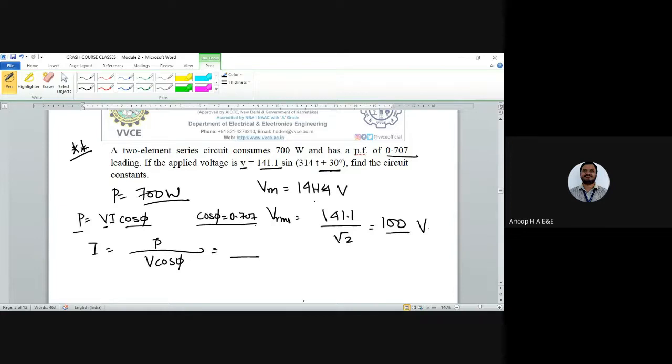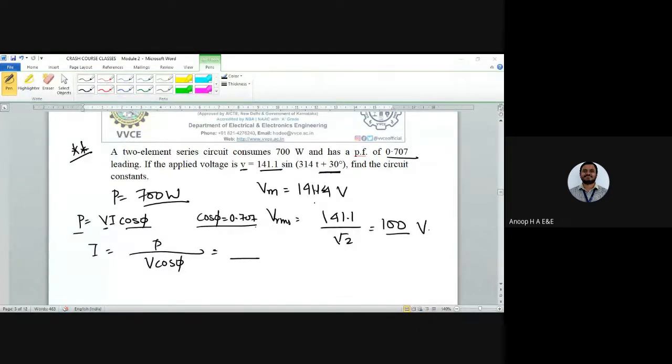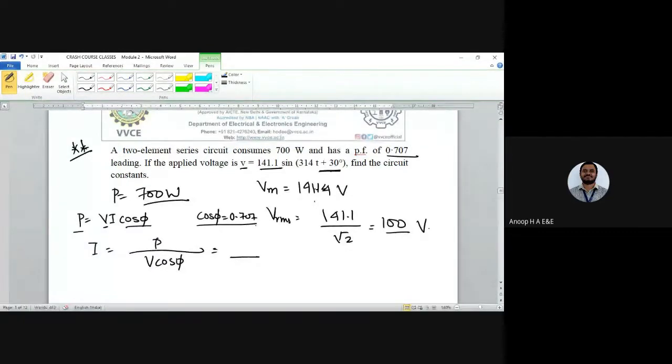And is Ramyashri there in the meeting? Ramyashri, yes? Yes, sir. Okay, so just get me the solution for this problem, finding out the circuit constants. What type of circuit is it? Anyone in the meeting can answer. As power factor is leading, it is RC. Yes, so power factor is said to be leading in nature, and it is said to be an RC circuit. Exactly. All right, so you have to find out like that.